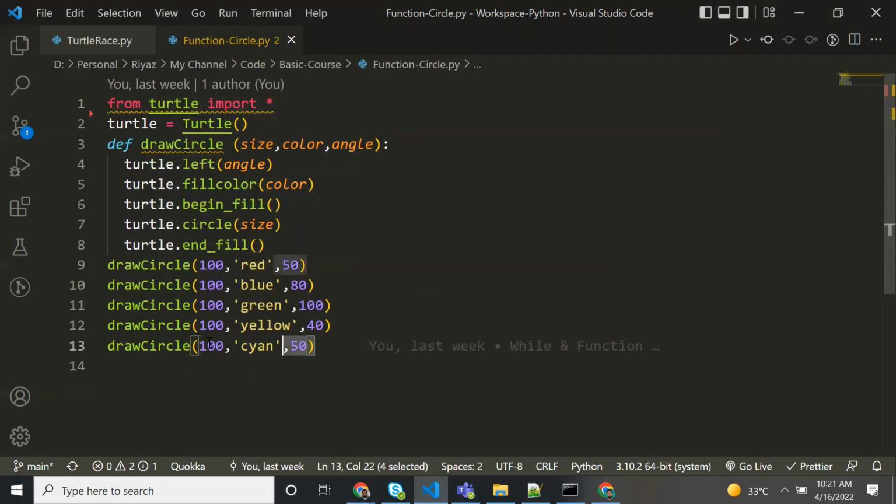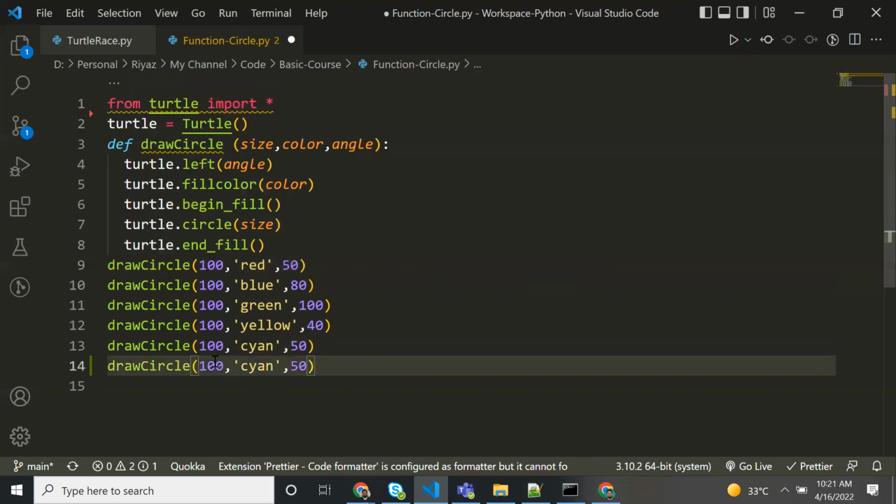If I want another circle, I can draw it by calling this. I don't have to write the code for fill color, begin fill, circle. I simply call the draw circle function. What is the size of this circle? I don't want a big circle, I can give a small circle. What color do I want? Green is there, yellow is there, I'll give pink color. Then once you draw it, change the angle to something like 20 degrees. Now if I run it,